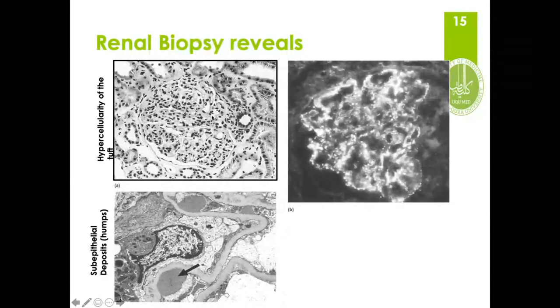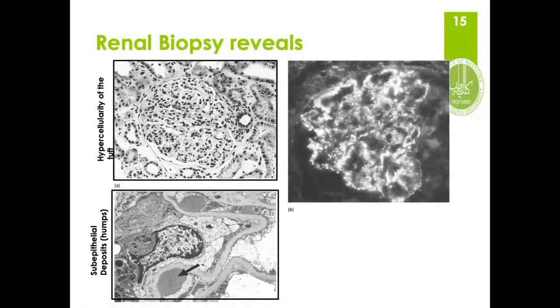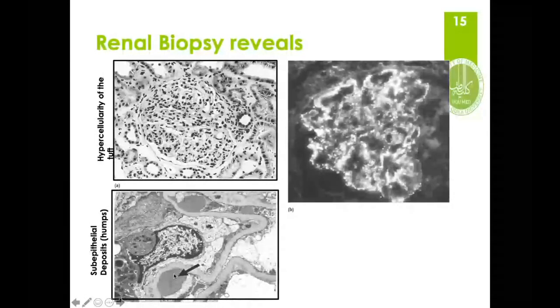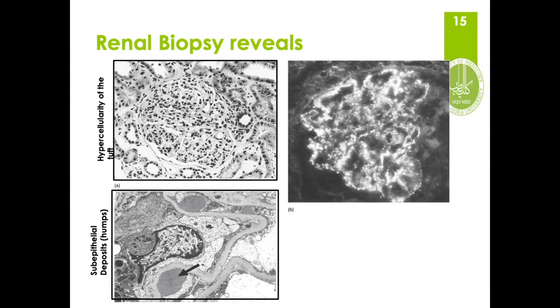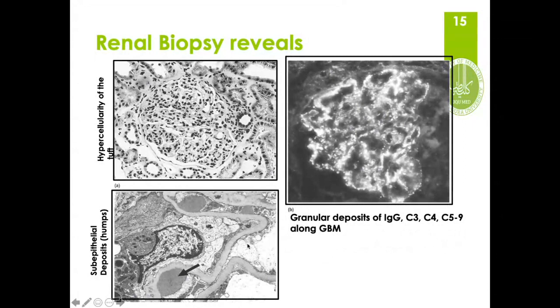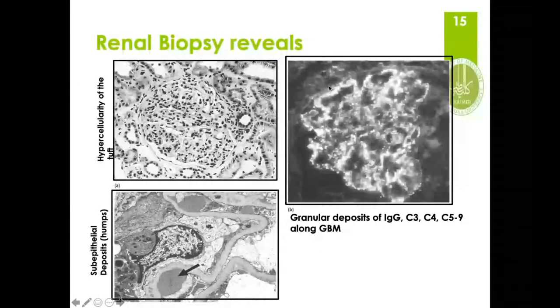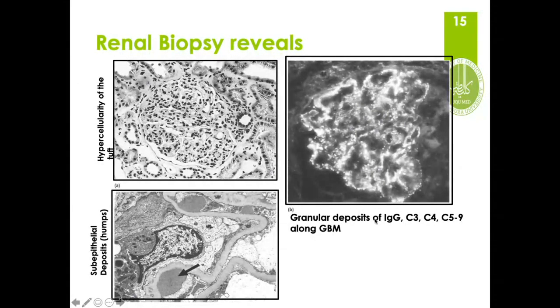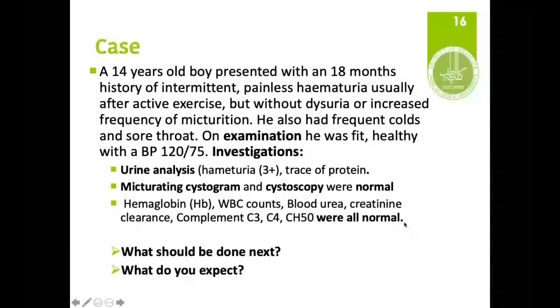In this electron micrograph, you can see subepithelial deposits, or the humps, which we saw in the immune complex deposition. When they are small and the antigen is in excess, they directly deposit and create this hump. And then on the immunofluorescent staining, they have got granular staining of the whole glomerulus, and importantly, there is staining of IgG,